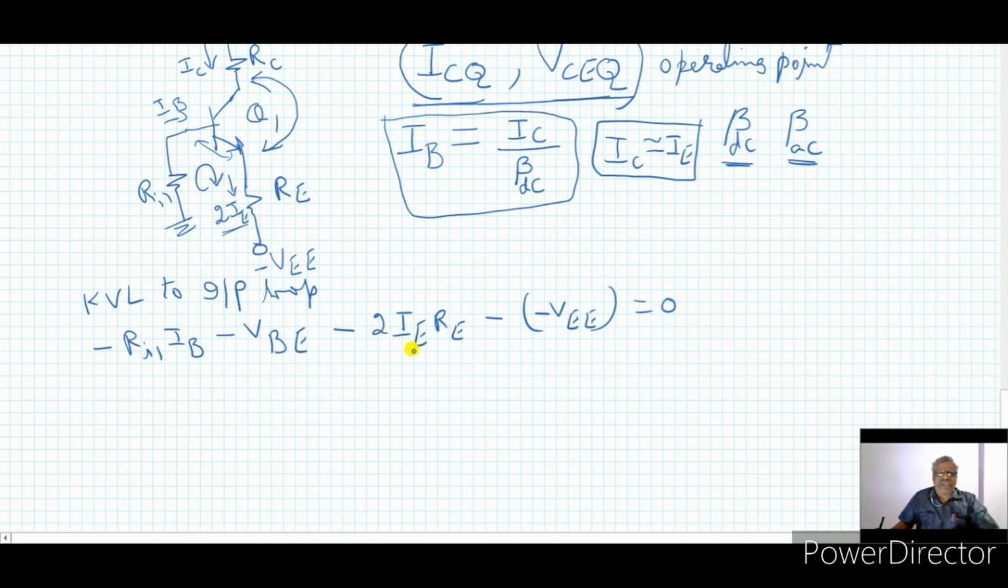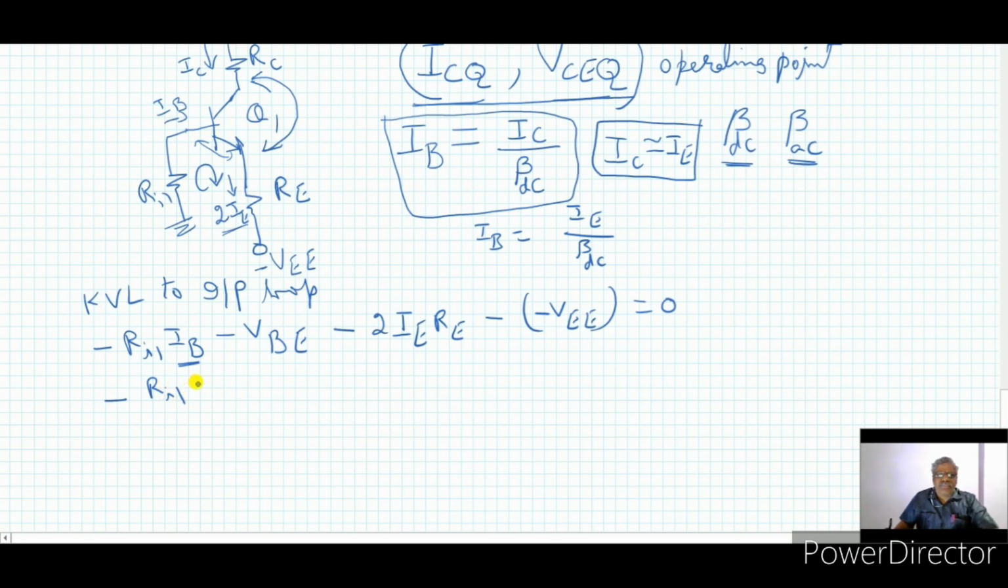In this we have the IE term. We know IE is almost equal to IC, so if we get the expression for IE, it is nothing but the expression for IC. Okay, so here what is IB? As I said earlier, IB is equal to IC by beta DC. But IC is equal to IE, so in the place of IB we can substitute IE by beta DC. If we substitute that here, and here we also get IE, if you take IE common from these two, we get minus